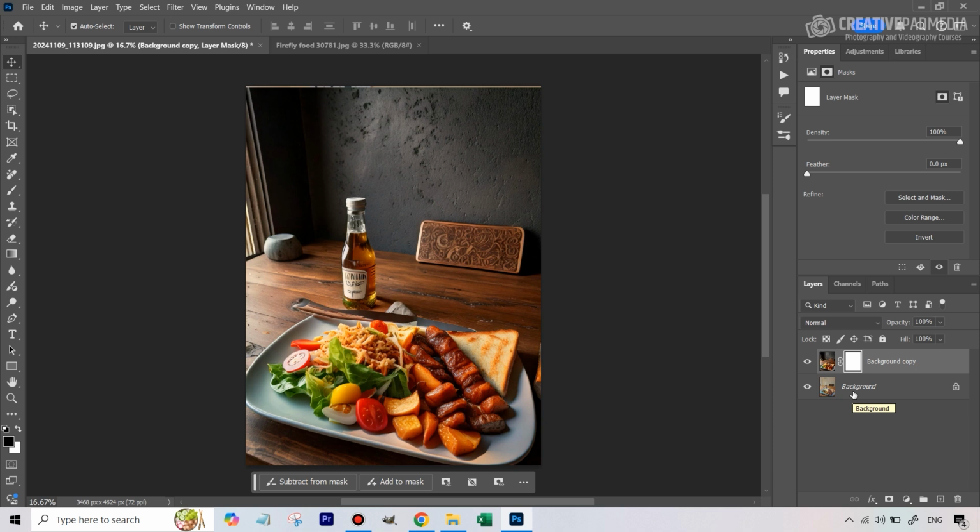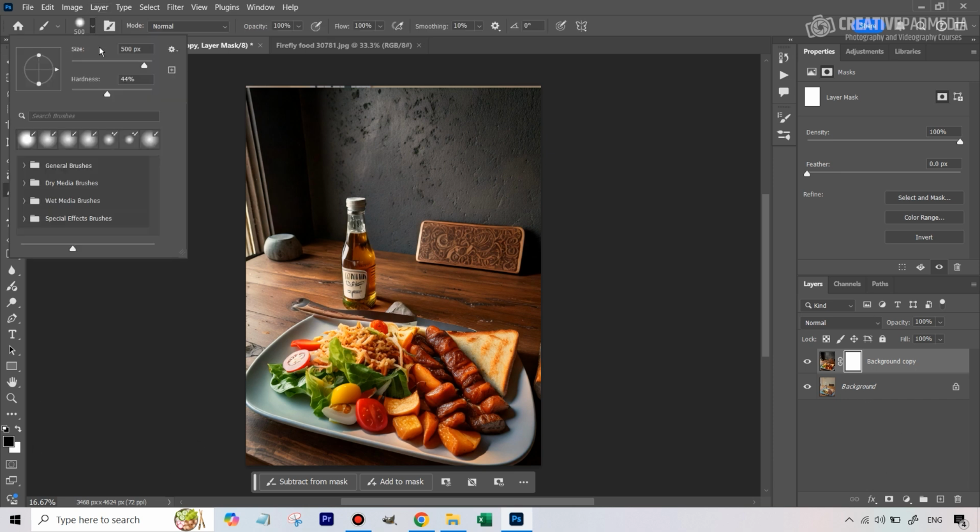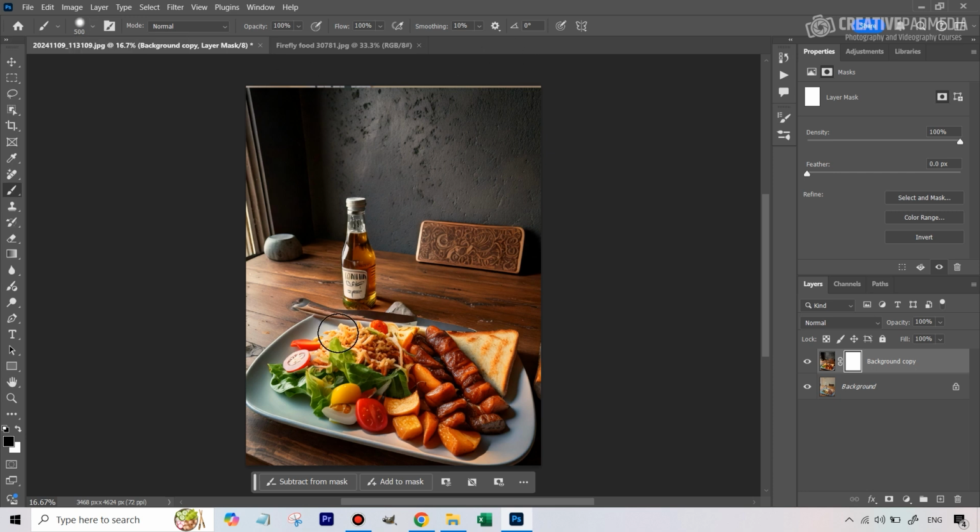If you don't want to change that, some people might say that I'm okay with it. I don't want to change. It'll be extra work for me. You can leave it like that. But at least I would feel that most people would like to show the real food items, right? So let's mask this out. We'll also probably try to mask the bottle out. So here we can take our paintbrush, make sure black is selected, and keep the hardness somewhere in between. That's usually the default, so that the edges are not too hard and not too soft, okay? And then you can start to